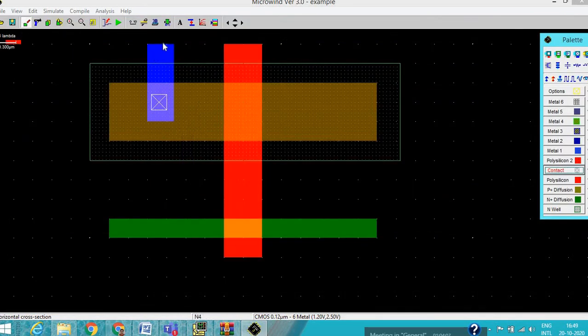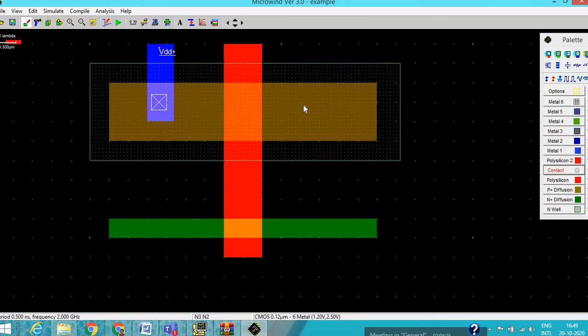So here what we want to connect, this one is our source of the PMOSFET where we want to connect VDD. Here you can see there is some supply. So this is the VDD supply, click on it and click here, right?